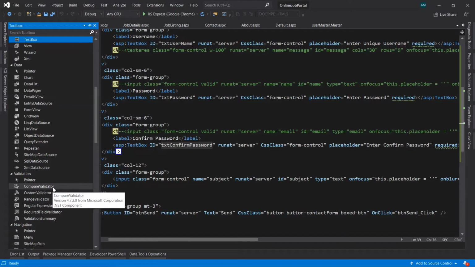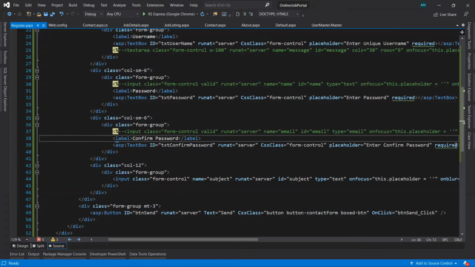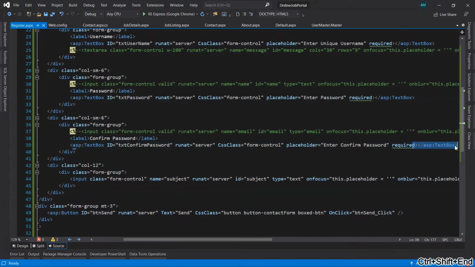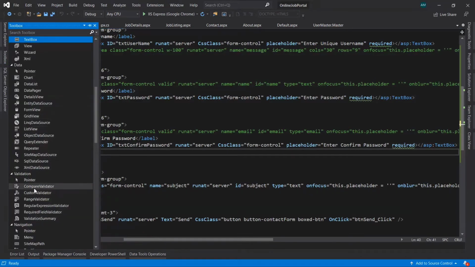Compare validator. So we'll use it after the text box. Enter. So we'll use here compare validator.